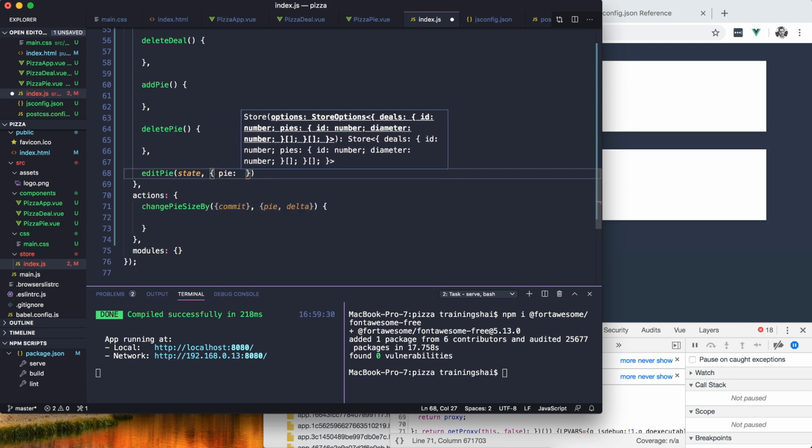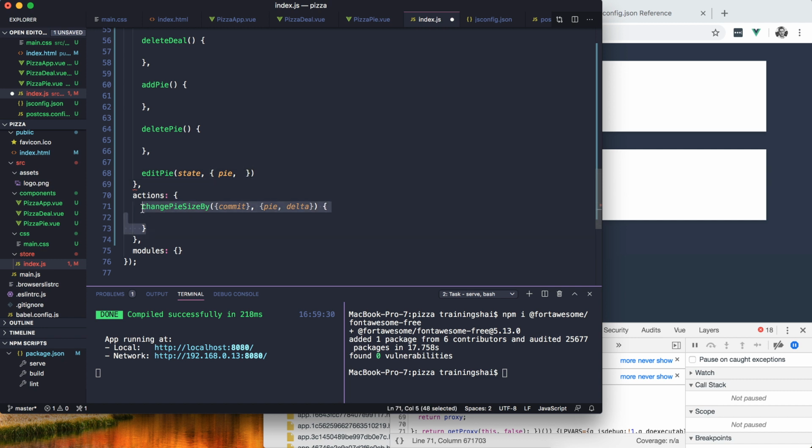So it's going to take a pie, and this is going to take the actual values we want to write to the pie. Whereas this guy is going to take in the fact that we want to change it by a half, you want to do as little calculating as possible in a mutation, generally. So the action is going to take this delta, add it to the existing pie diameter, and then just pass that